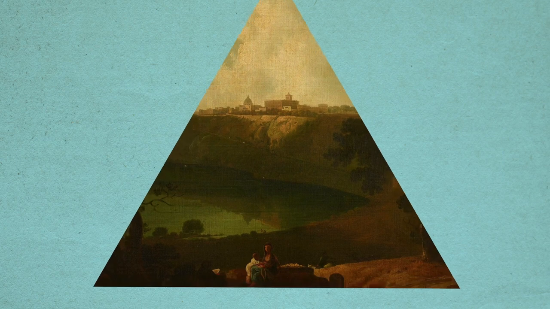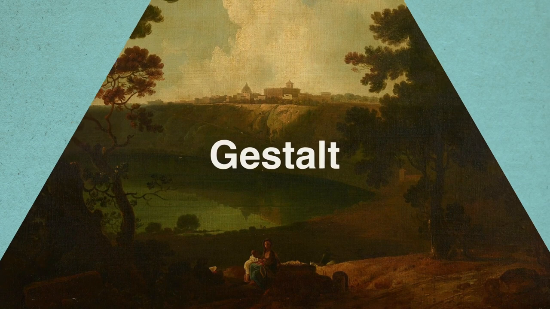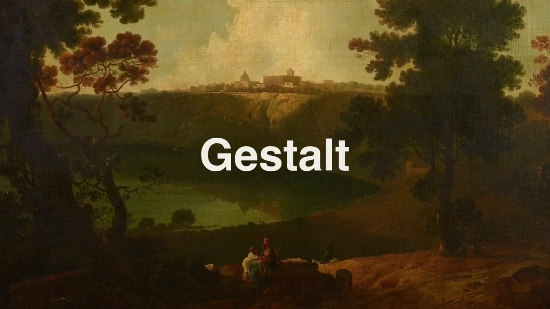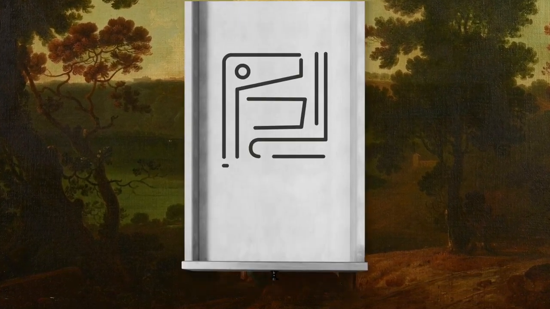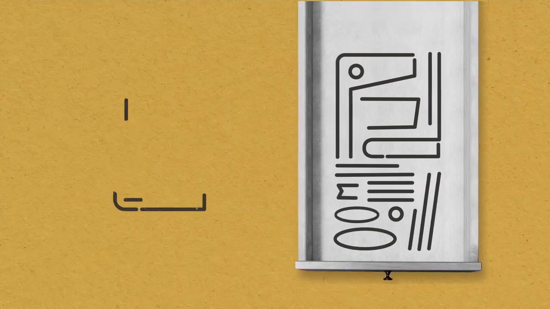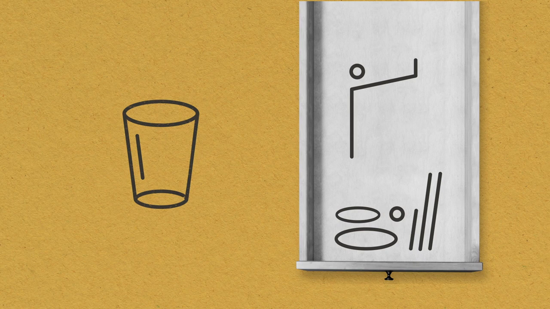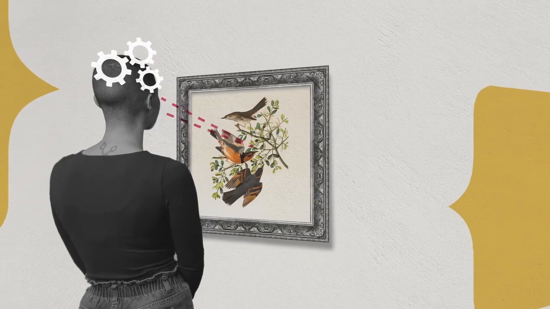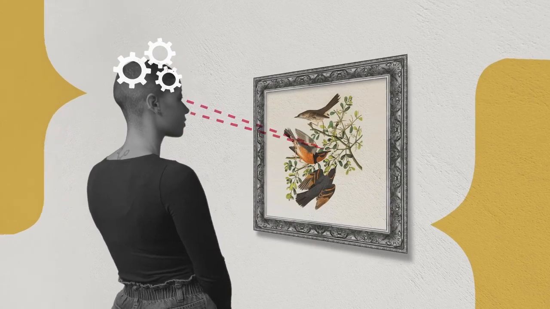We have a term that derives from German, Gestalt, and we use that term Gestalt to mean the integrated form or whole that we perceive in the raw sense data that we encounter. So whenever raw sense data integrates into a form, the form of a book or a trolley or a glass, that's the gestalt that we see. And that's part and parcel of what it means to see art. We don't only passively encounter, we actively construct what we see. And that's what we're studying in the grant, how our imagination works in these art contexts.